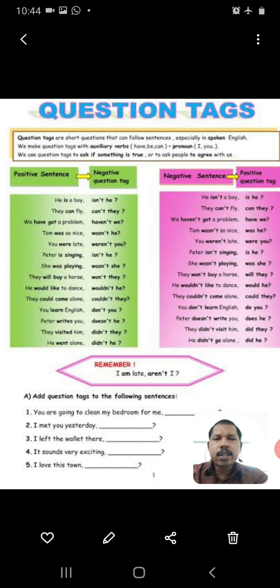Even though the format is like a question, with a helping verb as well as a subject, that order can also be changed, and it ends with a question mark. It is not a question. It is only confirmation. Question tag is used for confirmation. That is why it always comes after a statement. So to confirm a statement only, we use question tags.